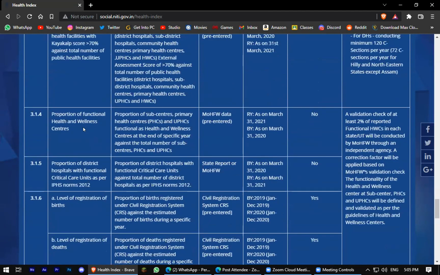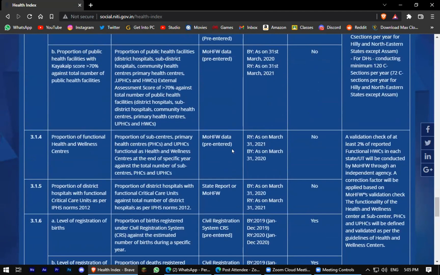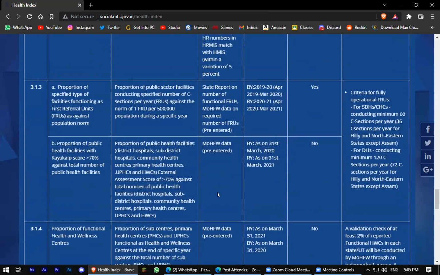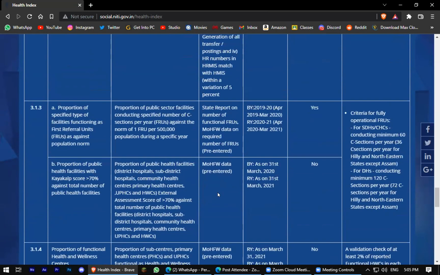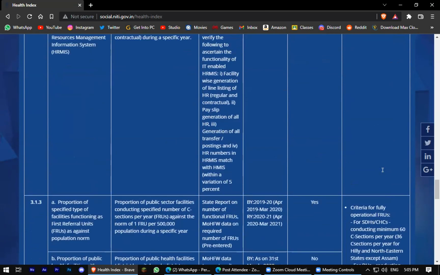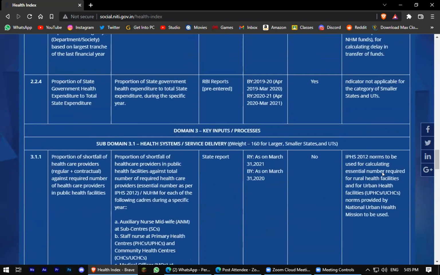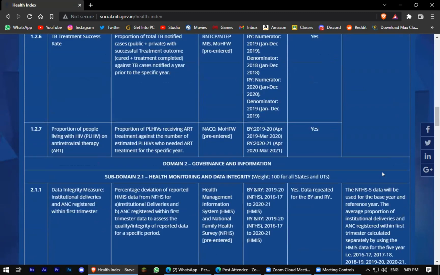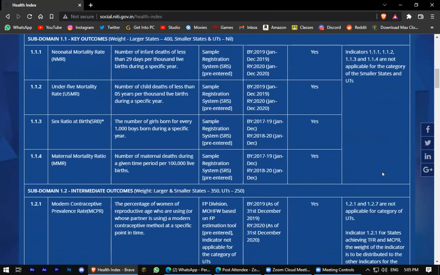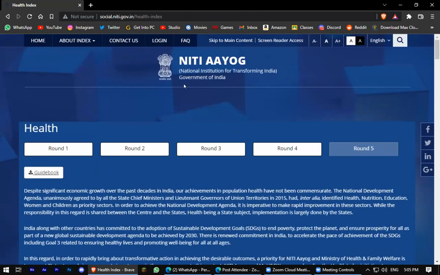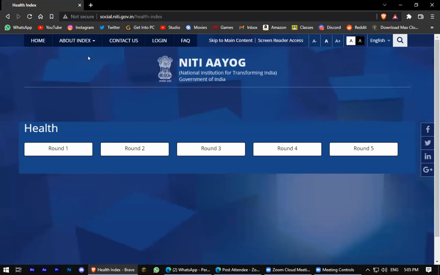And based on this data set, after getting the data from different ministries, different departments, and a third party validating that particular data, we get the report. That report which you came to see, that who is what, that is in terms of index. If you go to NITI Aayog